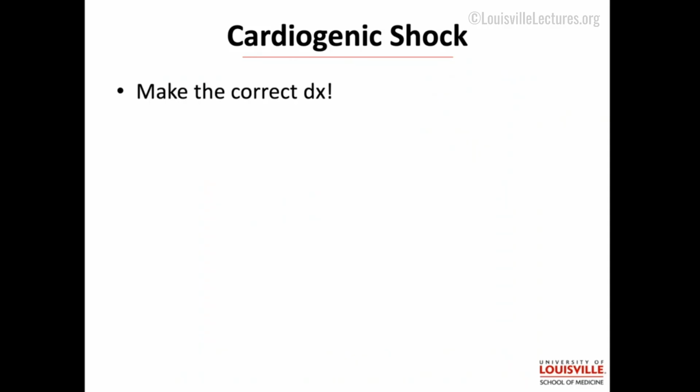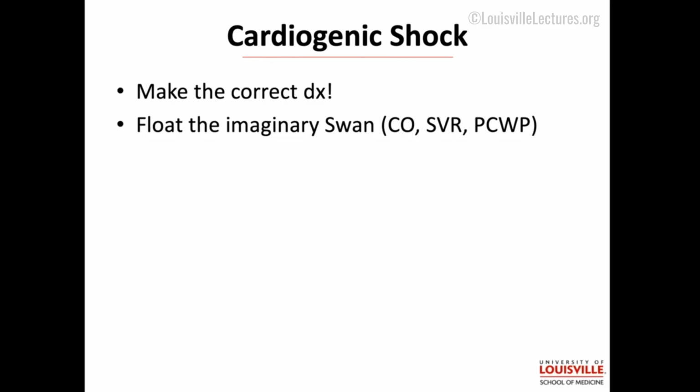Cardiogenic shock, perhaps my favorite subject. I think people have a hard time making this diagnosis and are so used to seeing septic shock, particularly in an internal medicine residency, that they miss the cardiogenic shock. What you want to do is think of this person as though you have a Swan or a PA catheter and try to, when you're at the bedside, determine, do I think their cardiac output is low or high?